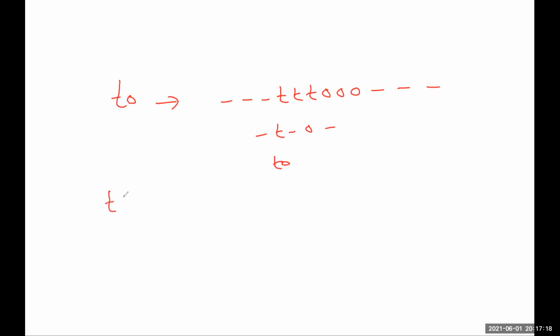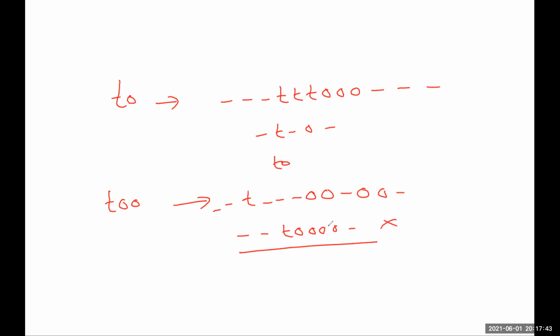Okay. Now see the word T-O-O-2. Now O is repeating. I must insert a blank between these 2 O's. And of course, I can repeat it as many times as I like. Okay. So this is one possible encoding. But if you say, I encode it like this, then this is wrong. Why is this wrong? Because when you decode it, you will remove the repeating character, you will remove the blank. So it will actually give you TO2 rather than TOO2. Okay, so the important point is that whenever you have a repeating character, you actually have to put a blank